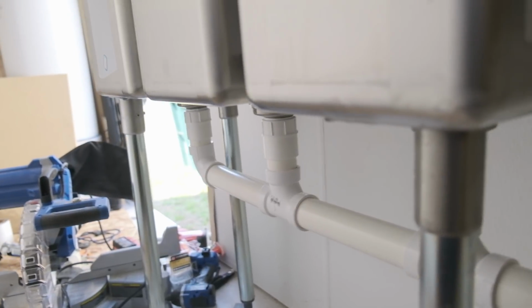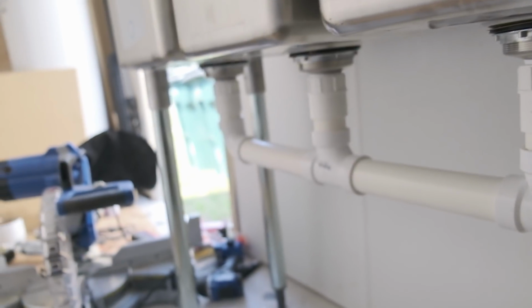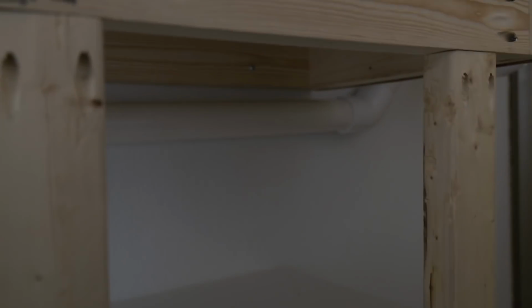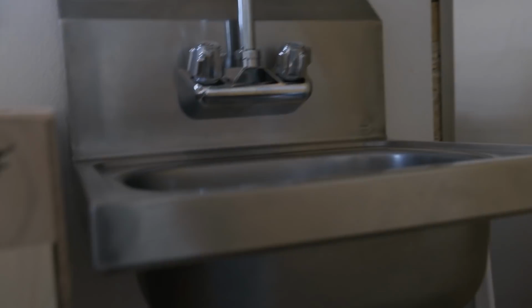I finally got everything fitted the way I need it to be. Here's the main drain. Comes this way, goes into the waste tank, gray water tank. And as you can see, I got a nice amount of fall under here to my hand wash sink. So now that I got it pretty much fitted the way that I want it to be,